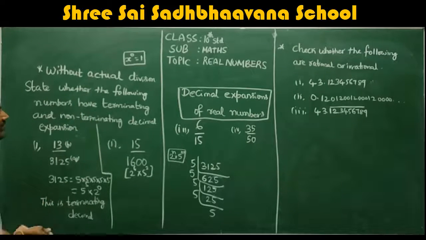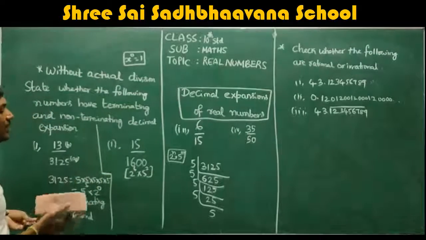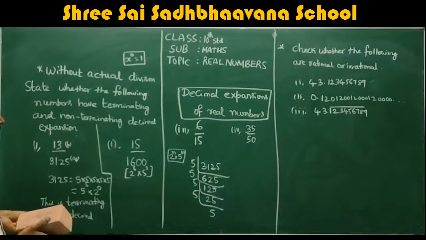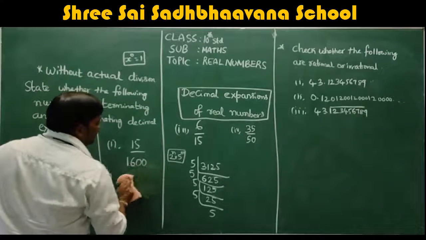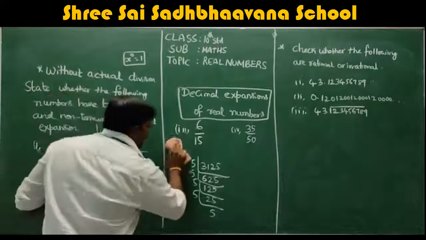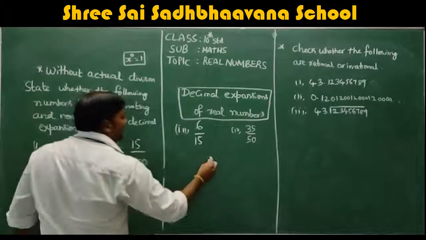Now, similarly, we will consider the second sum, which is 15 divided by 1600. Okay? This can be written as 2 power 6 into 5 square. Anyway, I already did the division. You have to divide and check. Okay? 1600